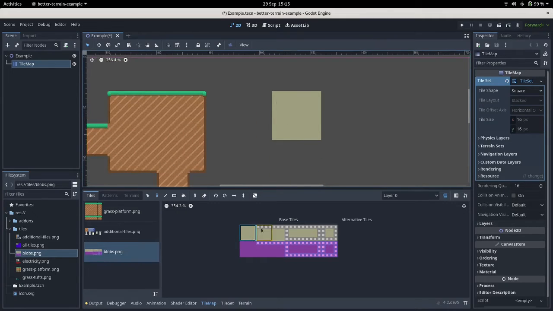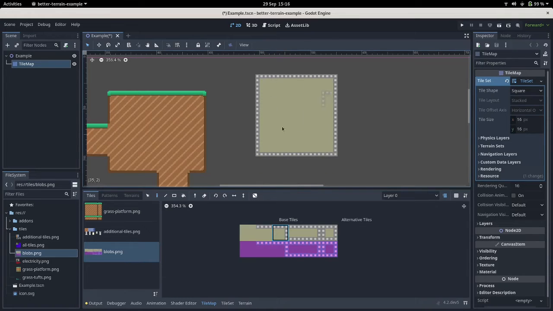So we can make obviously the top here and the right corner, but for the edges and other corners, new in Godot 4.2, and if you're used to Godot 3 you might remember these, you can rotate and mirror and flip the tiles, and the shortcut keys for these are Z and X for rotation. So you can rotate the tile, and there we go, we can make a full blob out of these. Now these 6 tiles should cover all the same cases as the grass platform,